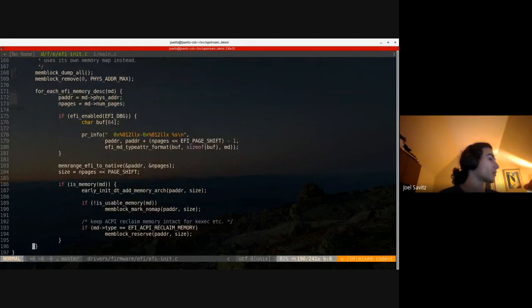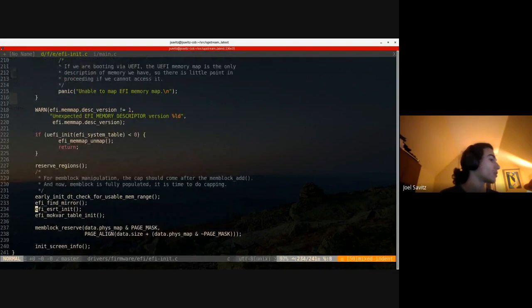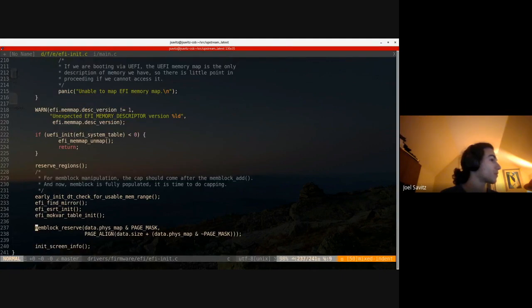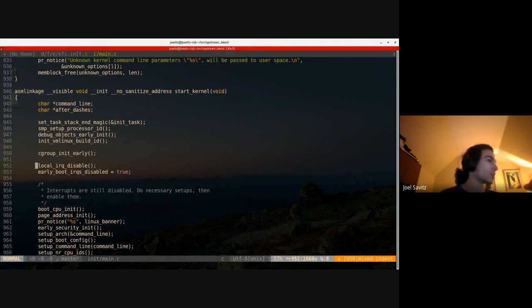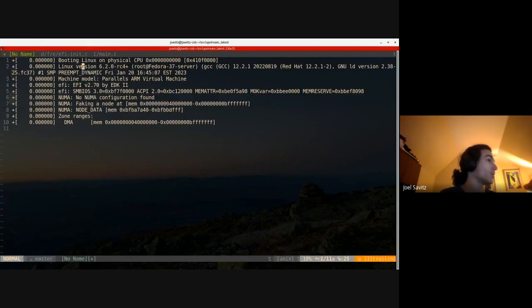Okay. Oh, look, there's a function EFI init here too. I don't know if this is particularly interesting. Mem block, init screen info. Interesting, right? Unable to map memory map. Oh yeah, by the way, start kernel is the first function that runs when you start the kernel. It does a bunch of stuff. Boot CPU. So it prints the Linux banner and the kernel command line. So this actually will help us out, right? So kernel command line, that probably comes